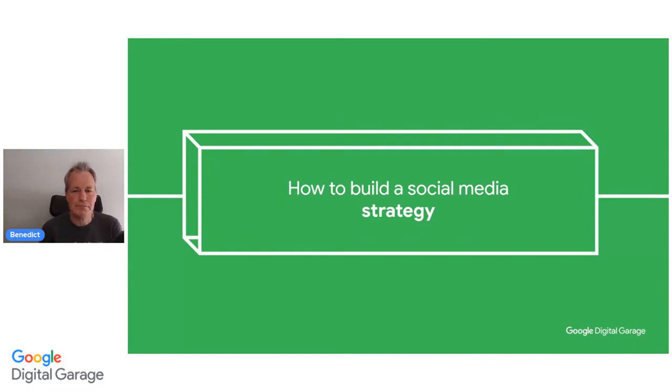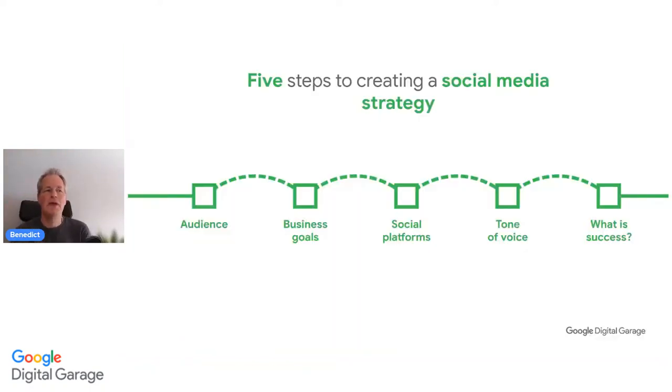Okay. So we will actually discuss what the key steps to building a strategy are and what the metrics are to look out for when actually tracking your efforts. Now, metrics are the numbers and everything, the results. All right, so we're going to look at this now. So 5 steps to creating a social media strategy.